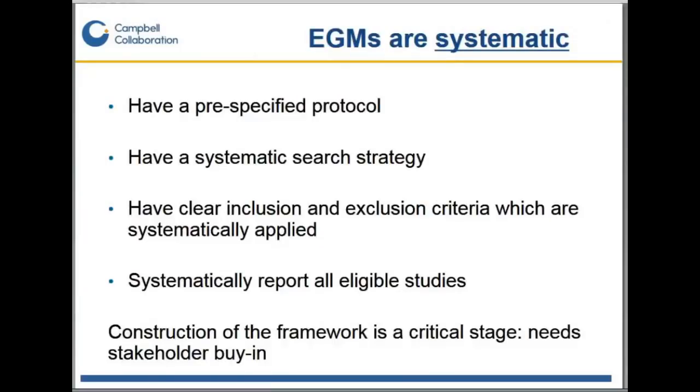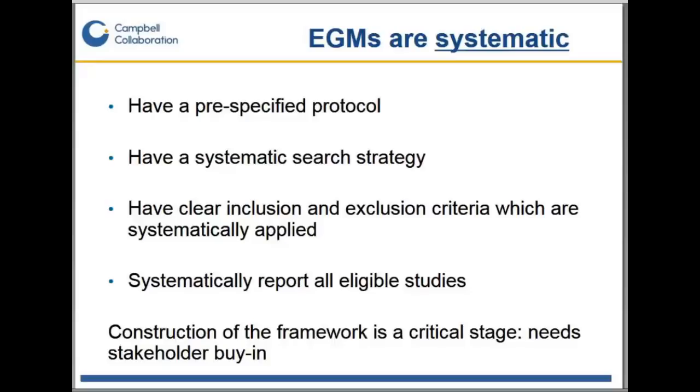The important point about maps and why they're part of this lecture series is that evidence and gap maps are a systematic product following the same principles of evidence synthesis as a systematic review, following the procedures that have been explained in the previous talks in this lecture series. And that's why I'm not going to go into detail explaining how you do the map, because the idea